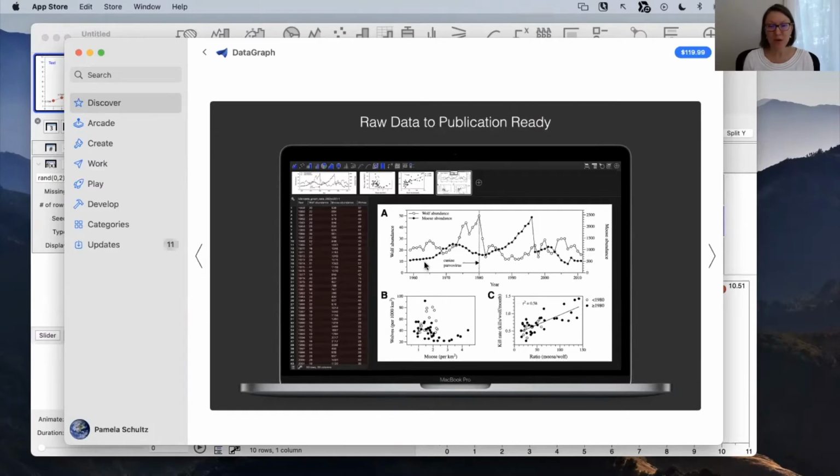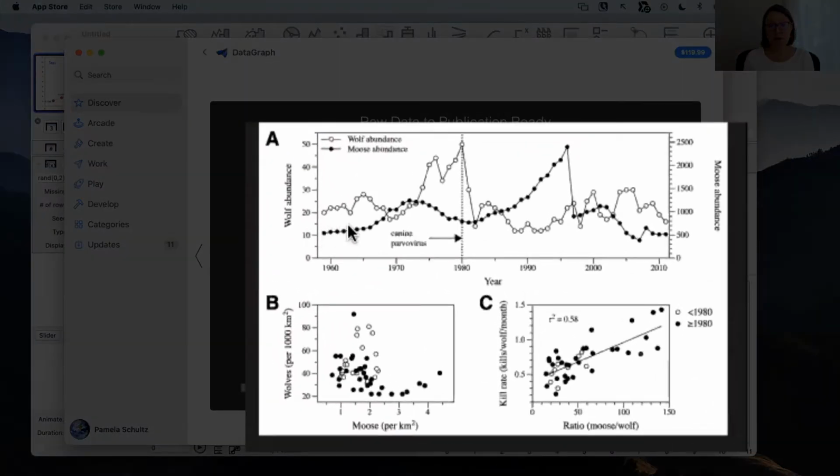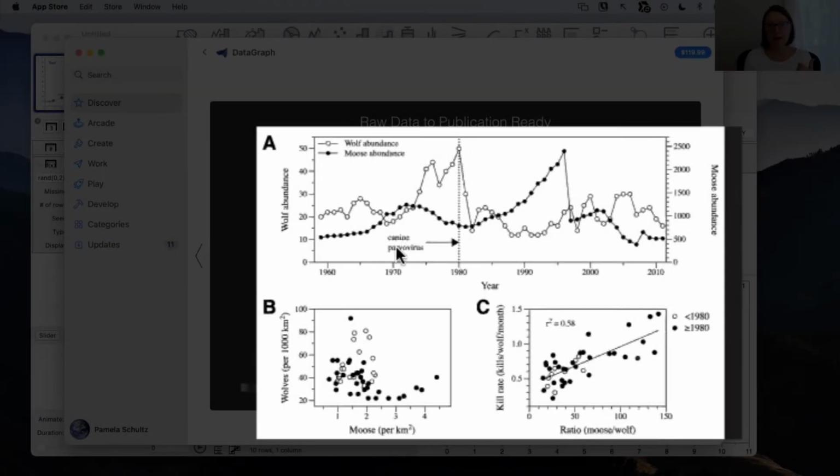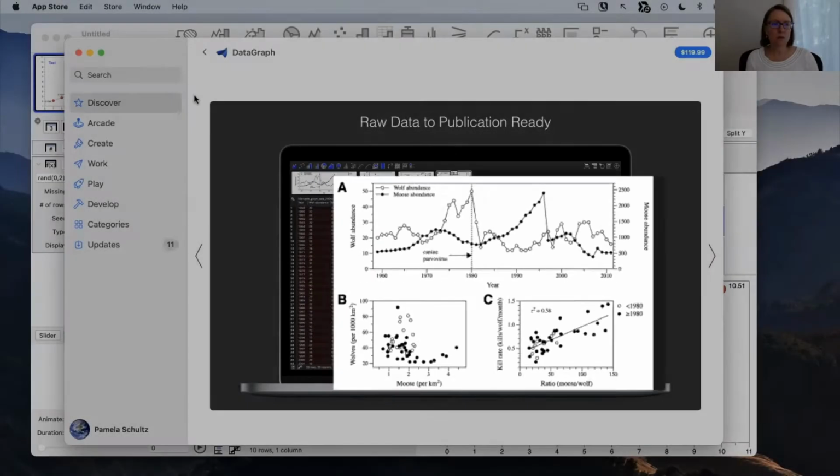I won't go into too much detail, but you can basically see how the moose population, this is on an island, so they're isolated. And then in 1980, there was a canine parvovirus that was introduced into the island, and the wolf abundance went down significantly. And then you can see the corresponding impact on the moose population increasing after that. And there's more to the data in terms of the dynamics, but let's go ahead and